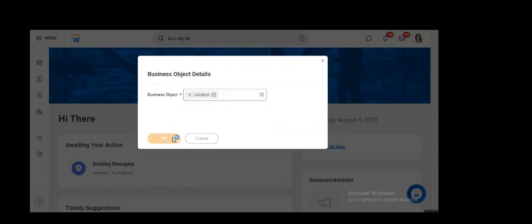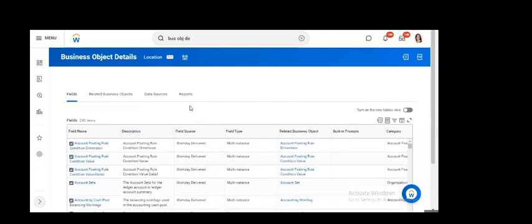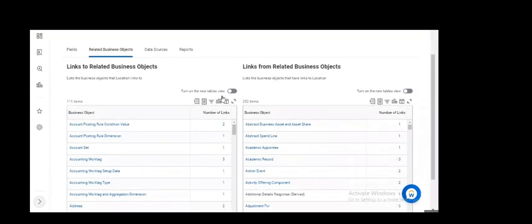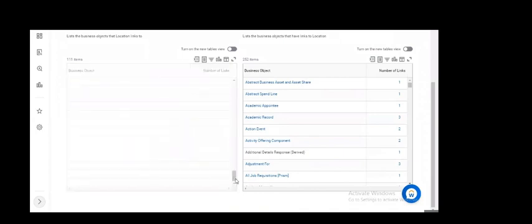I believe this is a small business object, relatively smaller than worker because worker has a lot of fields. So these are the fields. These are the related business objects. Data source, I'll come to that. Reports, I'll come to that later. When I say related business objects, you can see these are the related business objects. If you go to the bottom right,